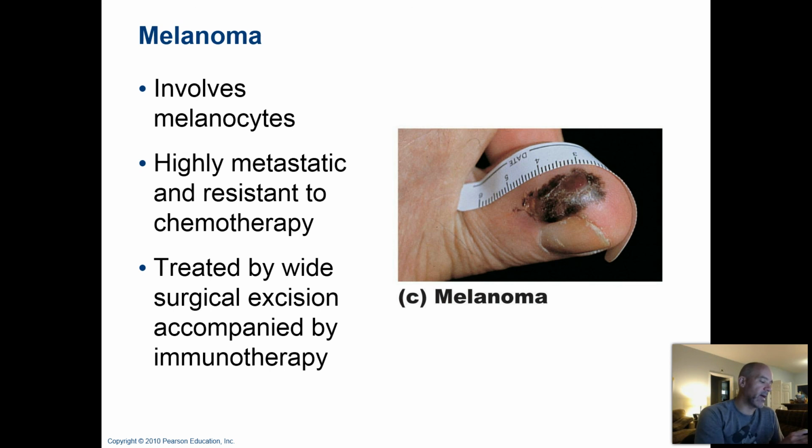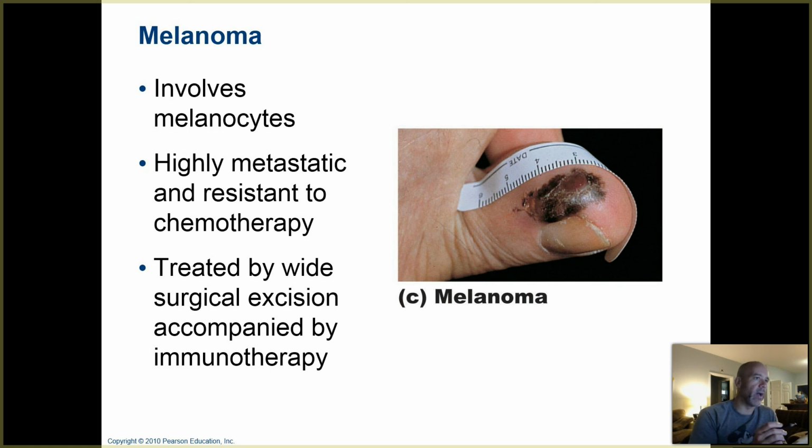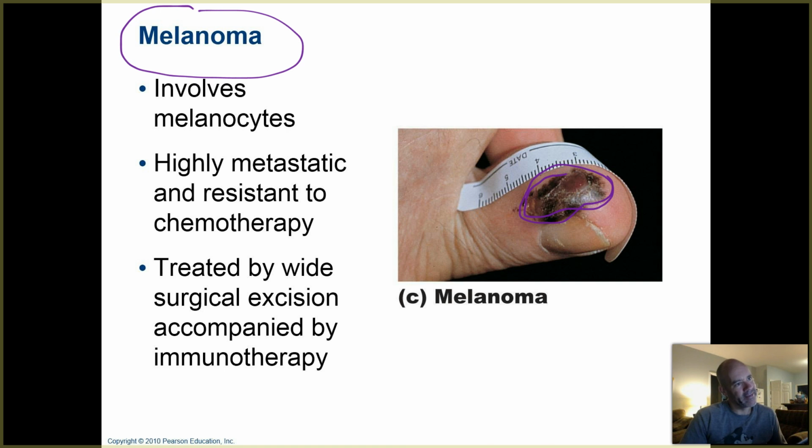The really bad type of skin cancer, the one that we're warned about so much, and something we should all be paying attention to, is melanoma. So now here's somebody with a really ugly looking melanoma that has developed on their thumb. I guess that's a thumb. Is that a thumb or a big toe? It's kind of hard to tell in that picture. That's kind of a stumpy looking thumb, so I guess maybe that might be a big toe.